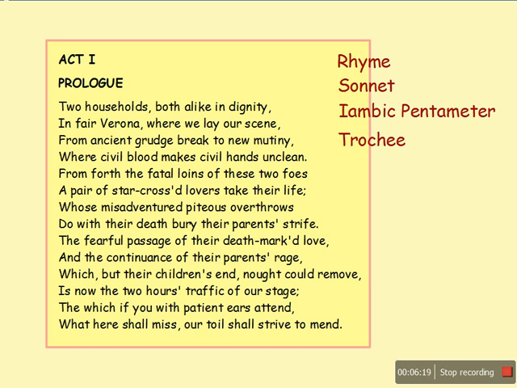Now, the other thing I want to talk to you about is transferring skills. What does that mean? It means that by studying in such depth things like sonnets and iambic pentameter and trochee and a rhyme scheme, we are able to appreciate literature more than we did before. And hopefully, if we consider what we are writing before we write it, when we get to English language paper 1 section B and we are writing our own piece of creative work, as we are asked to do for 40 marks, which is 25% of our English language GCSE,